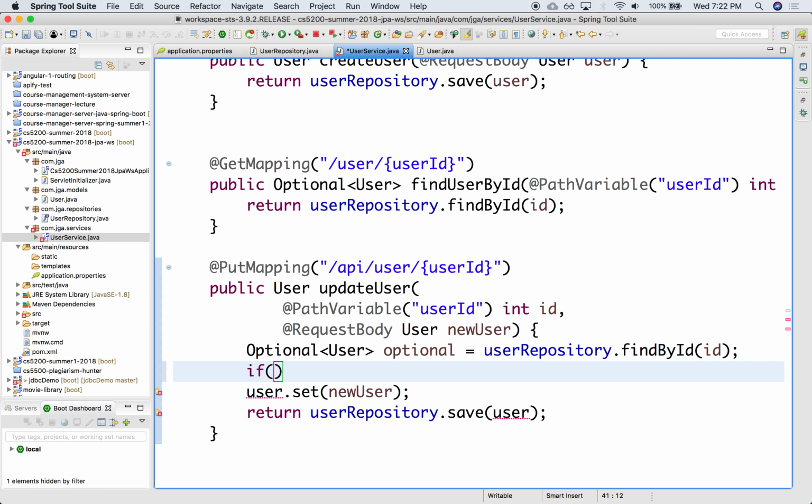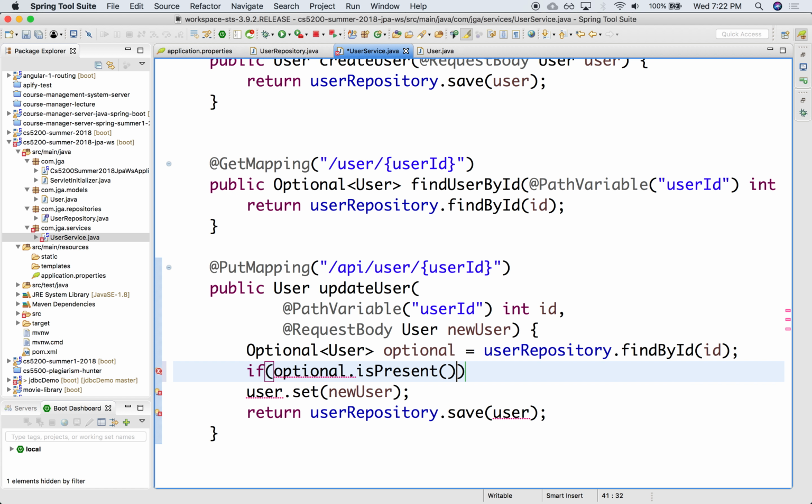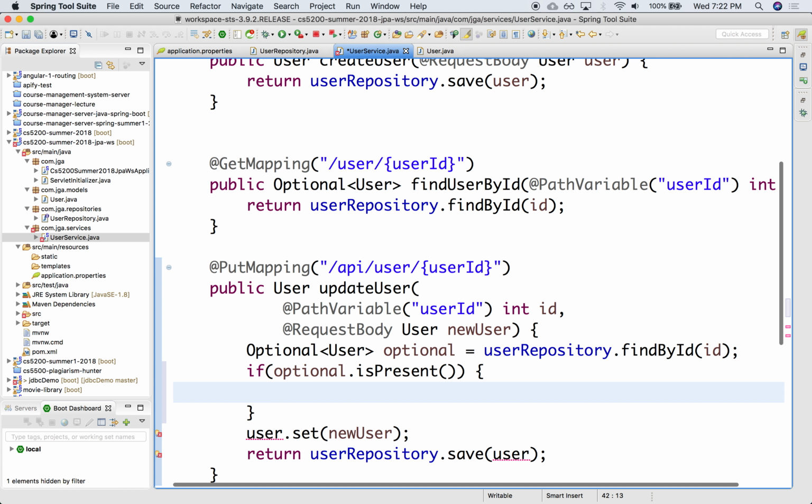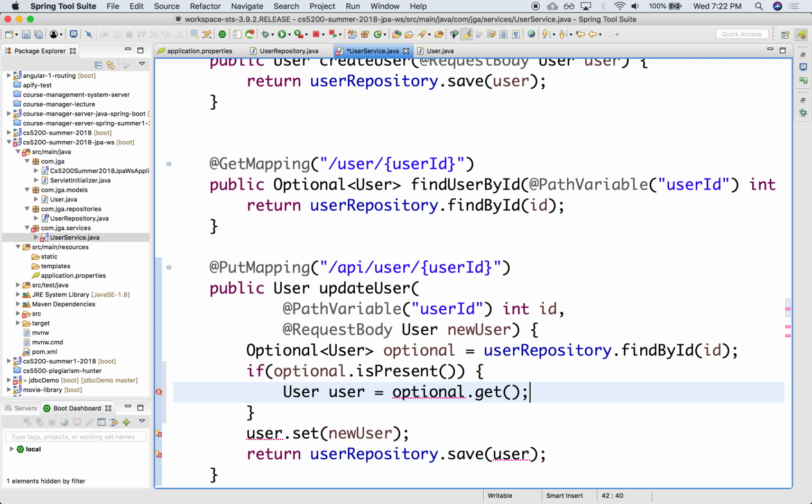So the API allows you to ask whether the object is actually there. Is there a record for this primary key? If it is, then we would actually want the user. We can retrieve it from optional. You can get, and now we have the object. Now we have the user. Once we have the user,